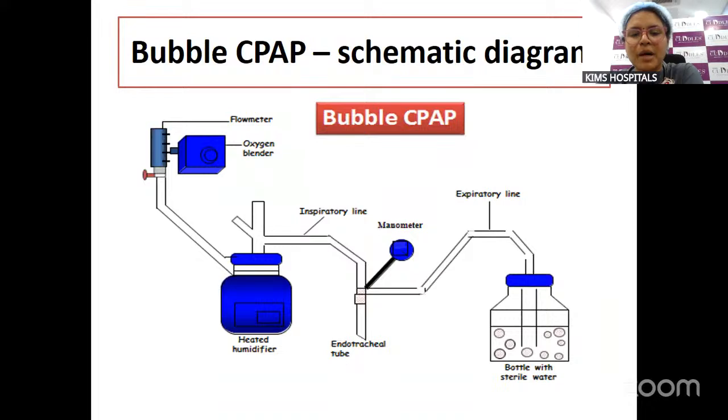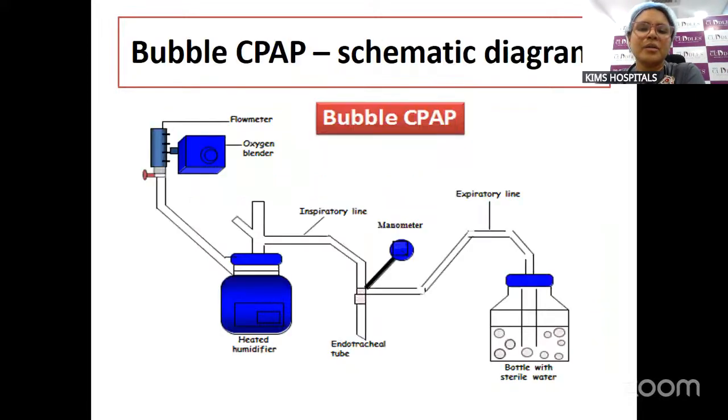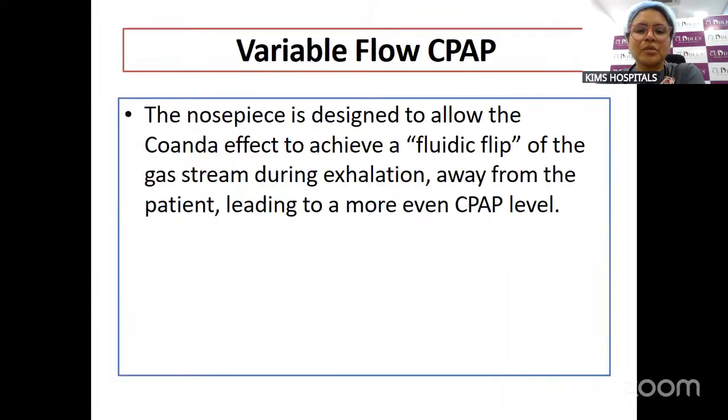So these are the different parts of the underwater bubble CPAP device: the blender, the flow meter, the heater humidifier servo control mechanism, the patient interface, and the underwater seal. The other type of CPAP is a variable flow CPAP, wherein we have different types like the infant flow driver CPAP. In this type of CPAP, we have two different flows operating, one higher flow during inspiration and lower flow during expiration. And the principle of flow driver CPAP is the Coanda effect or the fluidic flip mechanism,